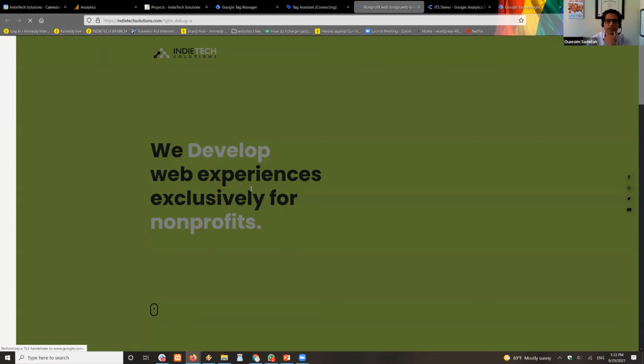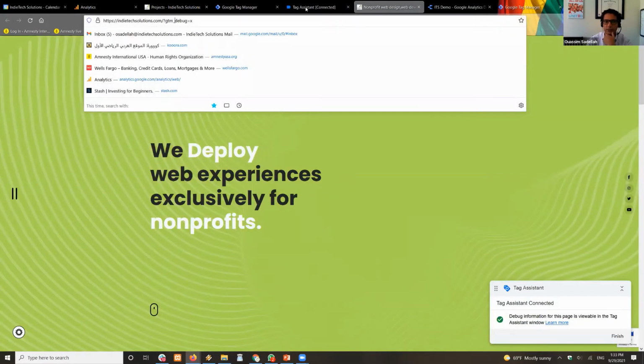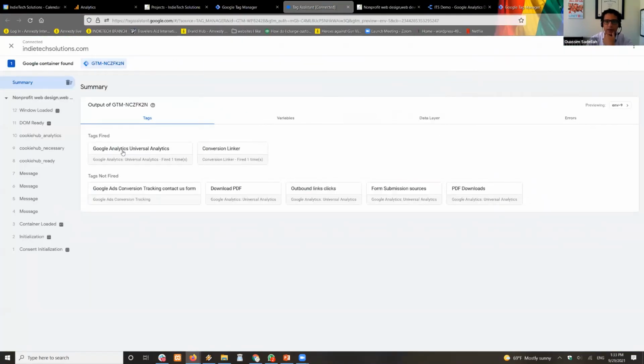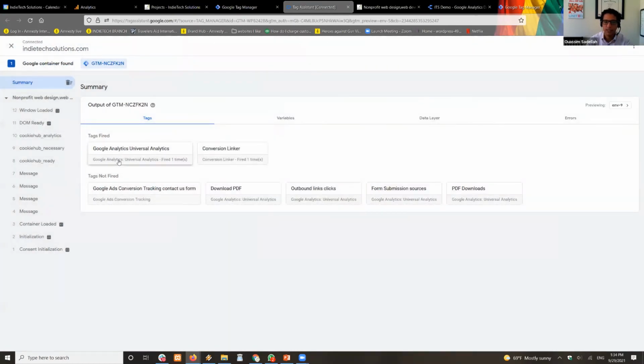Okay, connect. This interface opens in a kind of debug mode, and it tells you, okay, connected, good. So I do have tags on my account. This is the one I mentioned earlier, and it says tags fired. It means it's active right now, and this one is for a page view.